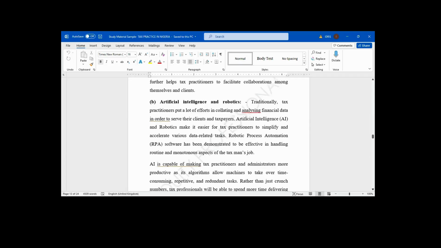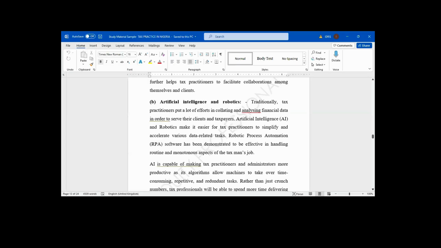What do we use artificial intelligence for? FRS cannot attend to all the complaints of taxpayers at a time. FRS has a customer service department that attends to the complaints of taxpayers, but they cannot attend to all the complaints at the same time. FRS has a contact phone number that you can call to make inquiries, but everybody cannot call the number on time. Artificial intelligence was introduced to ease the job of FRS in attending to client complaints.